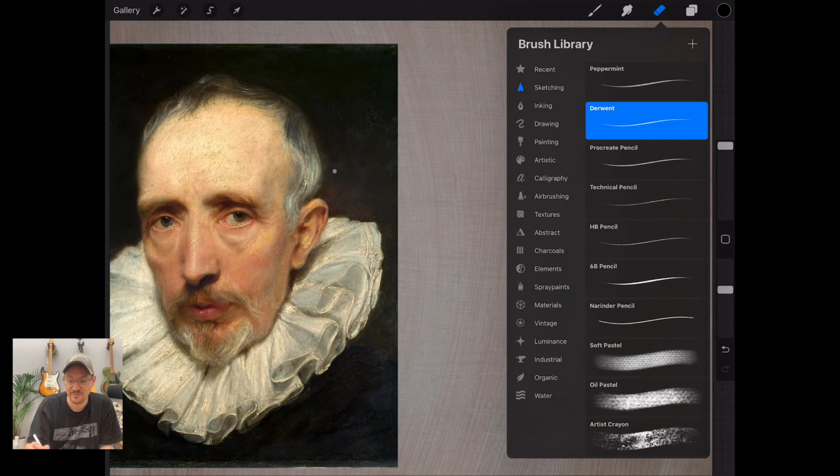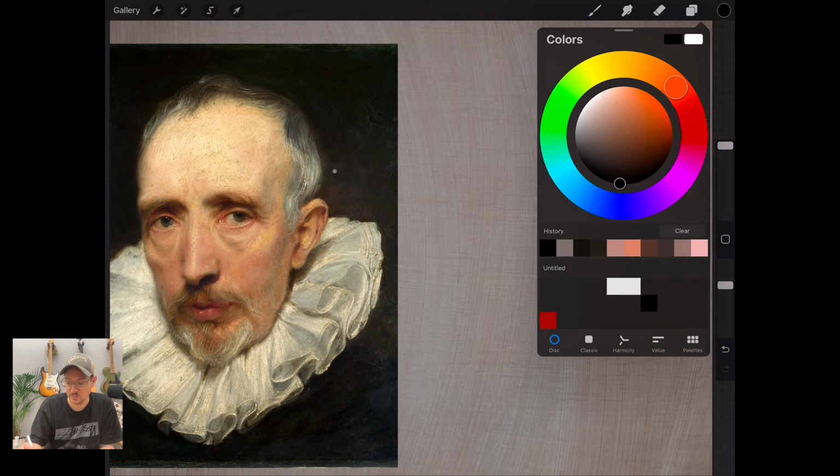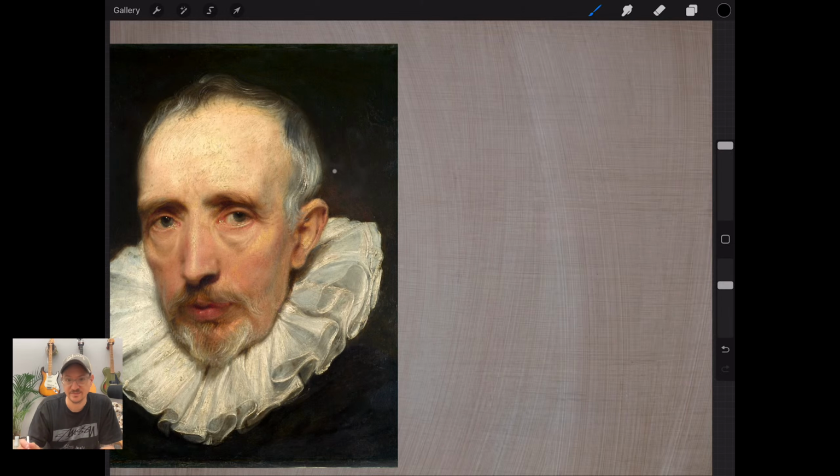Keeps it easy. I'm going to just use black today as my color, so it looks a little bit like charcoal. I've drawn this before on the channel, and it's just one of my favorite portraits. And this portrait is actually in the National Gallery in London, right on Trafalgar Square, which I think is